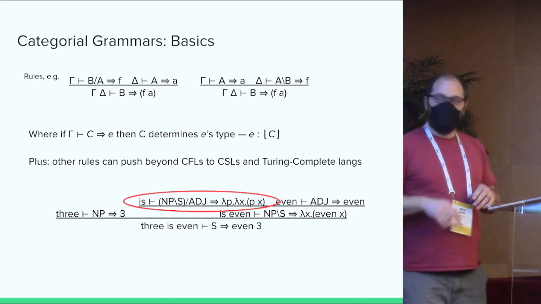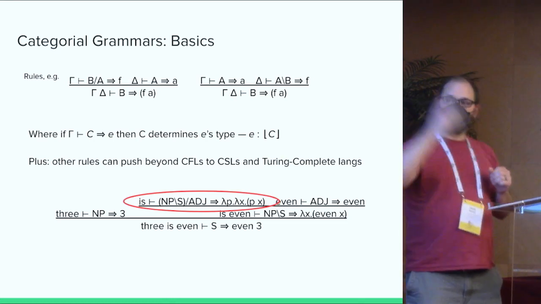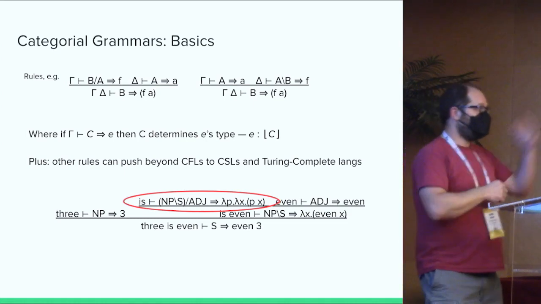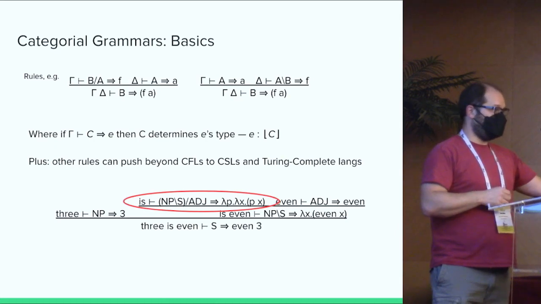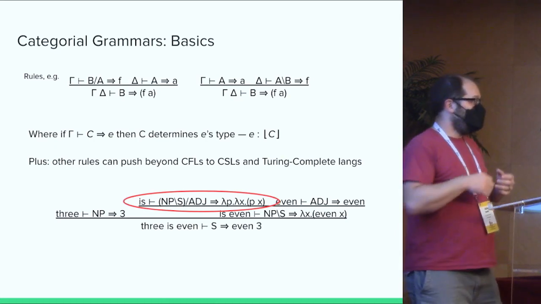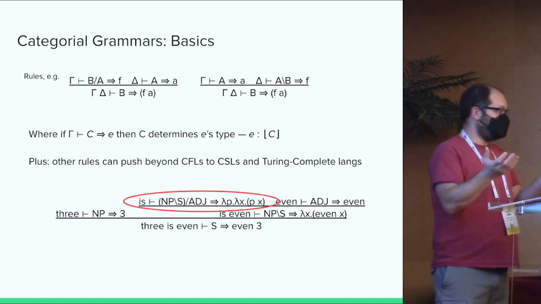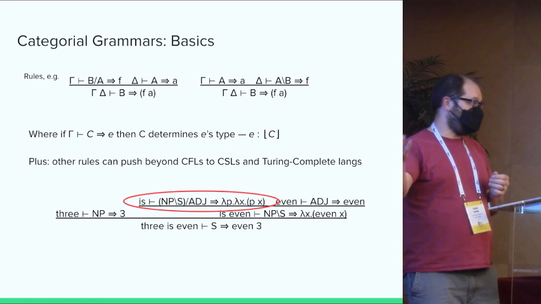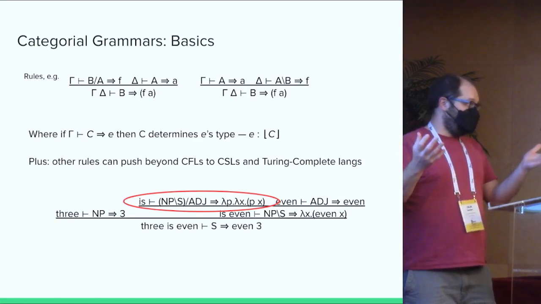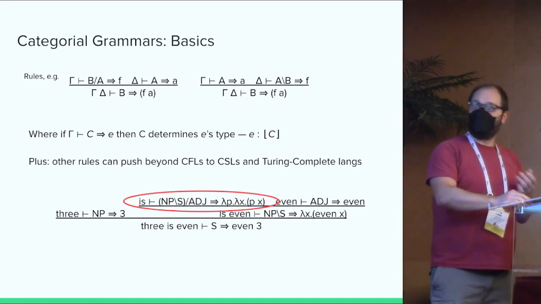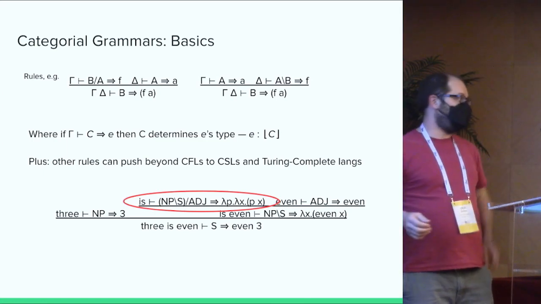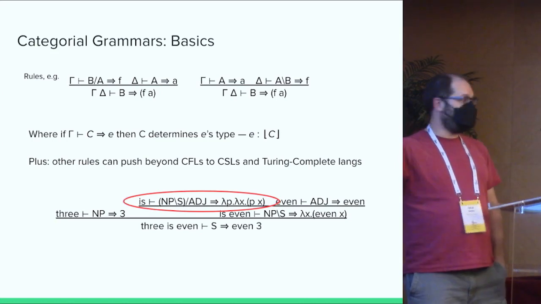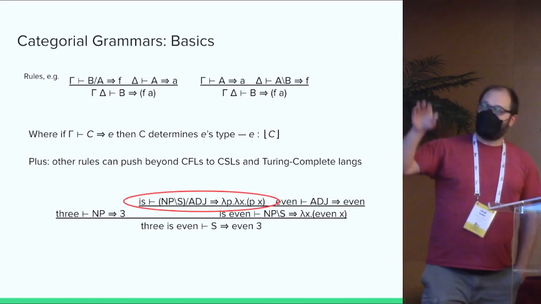NP\S/ADJ for adjective, it says that first, is will look to its right for an adjective, and that's bound with lambda p in the semantics. Then it will look to its left for a noun phrase, which will be the subject, and that's bound with the lambda x. And then the semantics after those two things are supplied is basically the truth condition of, is this predicate we bound true of the subject we bound, right? So if we take this and we plug these in and we do the function applications that those rules tell us to, and beta reduce, we get that 3 is even is a sentence, and it means the proposition even 3,